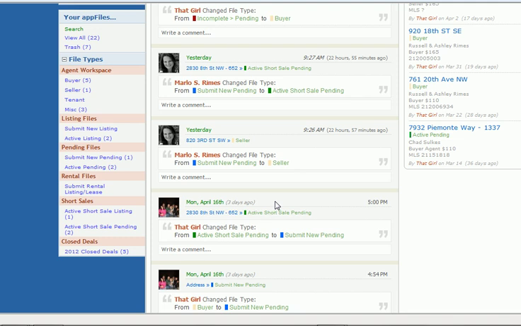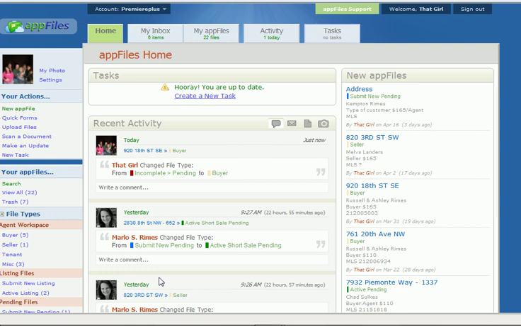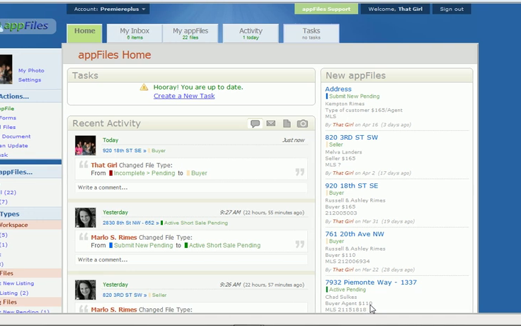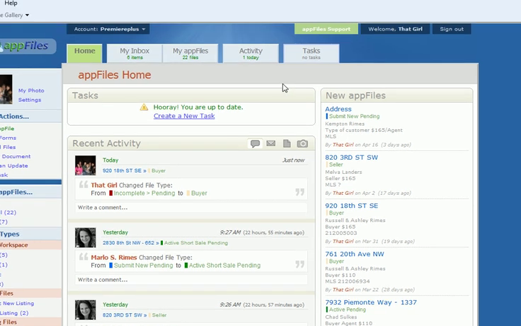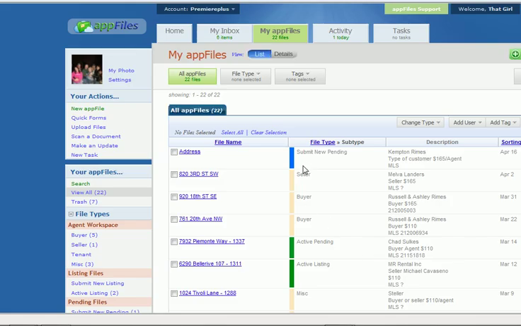In the middle are all the activities going on recently in your app file, 2 different addresses of files that you're working with, and over to your right are app files that you have pulled up within the last 24 to 48 hours. We will go over these tabs. This one, most important, is your app files. Every app file that you've worked on, created, that are dead files, terminated, they will be in this section right here. And this is the only place that you can take a